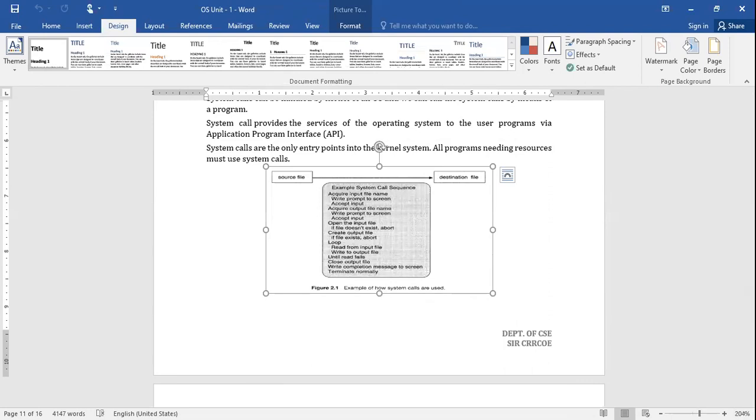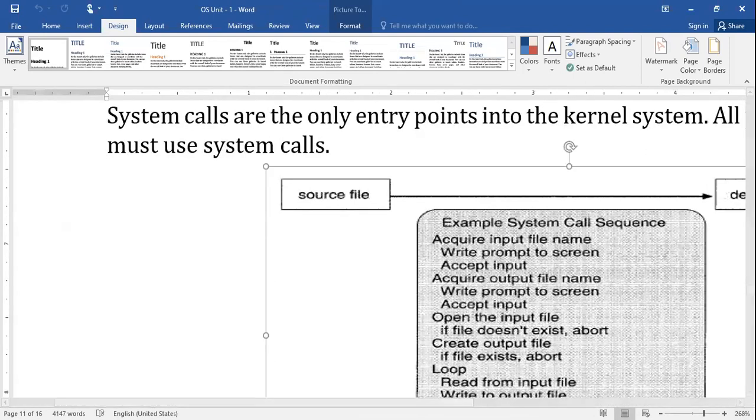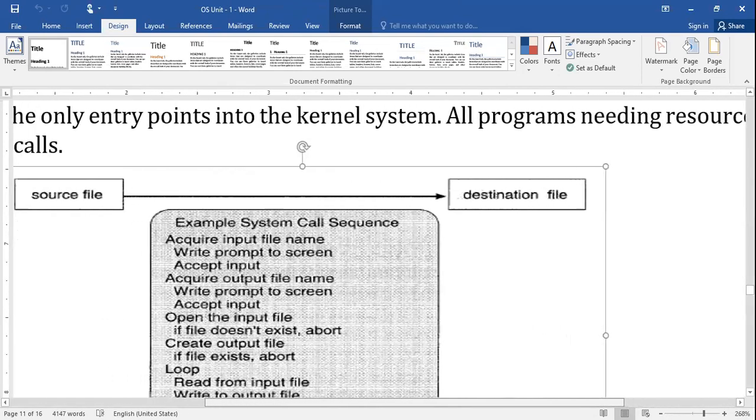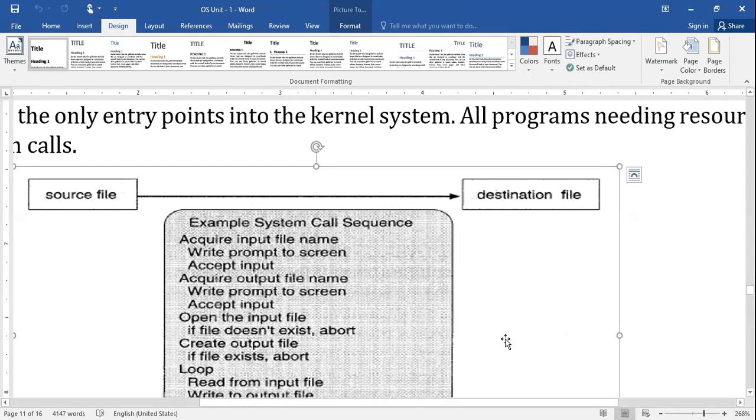Are you able to view this diagram? Right? Is it visible to you? I was zoomed in. So if you are still facing some problem, I'll take some other approach. Is it visible to you? I need a quick response because we need to discuss much more. Is it visible to you? Okay, thank you.